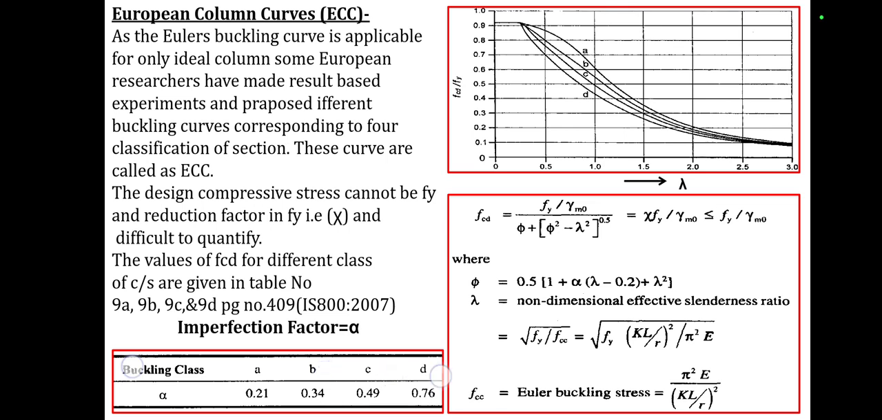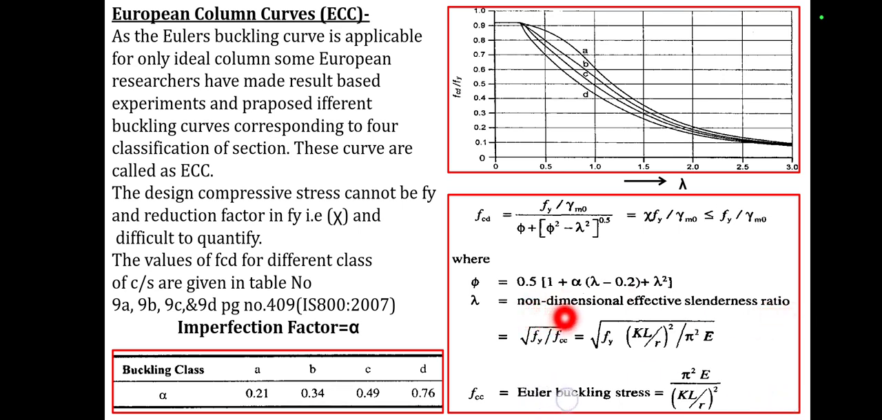B, C and D. Here FCD is equal to (Fy upon gamma m0) upon [phi plus (phi square minus lambda square) raised to 0.5], which is equal to chi Fy upon gamma m0, and it should be less than Fy upon gamma m0, where phi is equal to 0.5 into [1 plus alpha into (lambda minus 0.2) plus lambda square], and lambda is the non-dimensional effective slenderness ratio, which